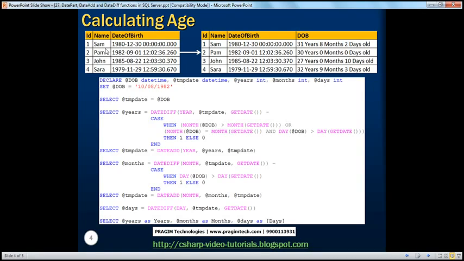Now, if you look at the table on the right, I have the ID of the person, name, and date of birth. In this table, I'm not storing the age of the person. Why? It doesn't make sense to store the age while you can compute the age using the date of birth of the person. In reality, nobody stores the age of the person, because it keeps on changing. We only store the date of birth of a person,